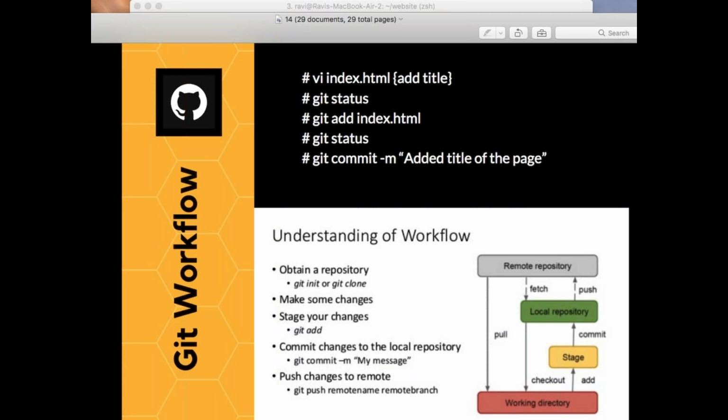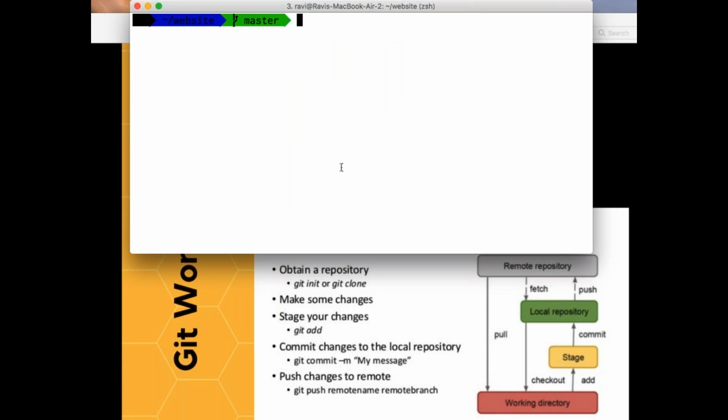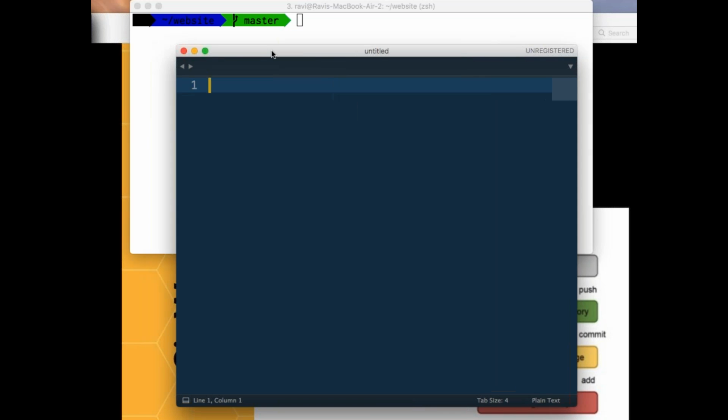Now let's see how we are going to change things. Like I told you, I don't have any particular file. Generally, developers will use some editors, some IDEs or editor to start working. Let's imagine I'm a web developer who is working on some website-related data right now. So let me use a tool like this one, so it will make sense. I'm using a text editor to start my project.